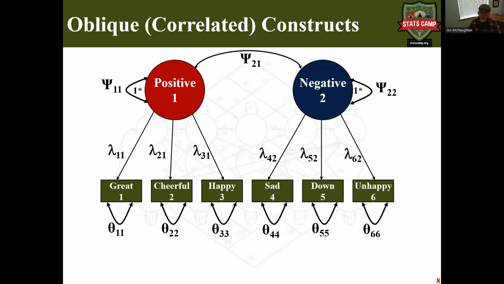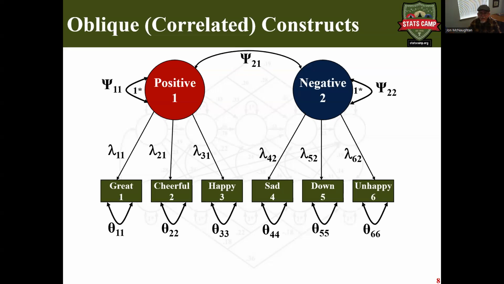Now, here's a more typical drawing of a CFA model where indicators are generally listed below their latent construct. We often label these parameters using Greek representation. Here we have loadings represented as lambdas. The residual information is theta. The residuals are the amount of variance in an indicator that is not explained by the latent construct. We have 2 estimates of the variances of positive and negative affect,